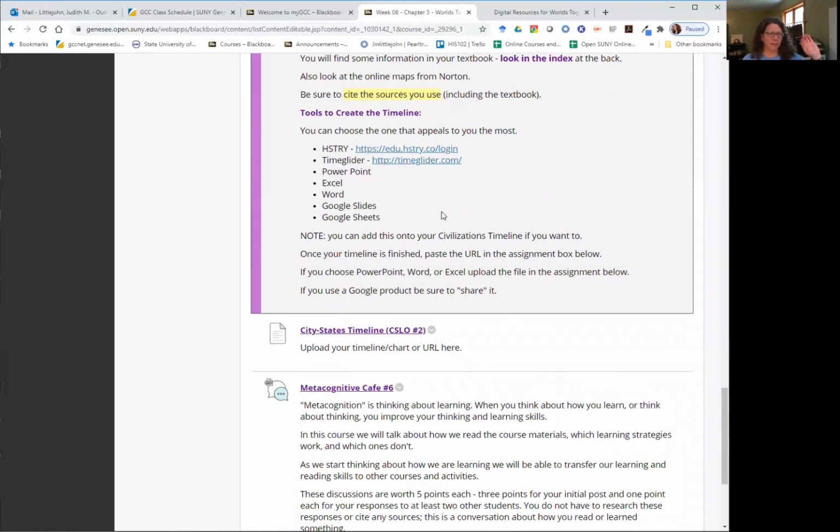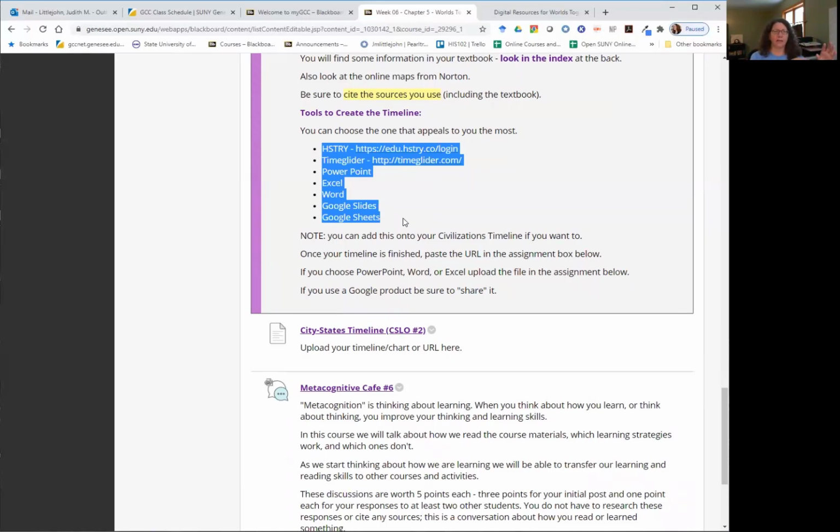So you'll make this thing. There are different ways to do it. It doesn't have to be a PowerPoint. You can make it in a Word doc, you can do a Google Slide, you can use Excel, whatever works for you. There are also a couple of online tools you're welcome to explore if that's your thing. If it's not your thing, don't worry about it. It's fine, but I just like to give people the chance. Some people are more artistic or more technological than others and might want to jump on an opportunity to really show that off, and that's fine. But if you just want to keep it sweet and simple, write out your words, stick in that one picture and move on, absolutely fine.